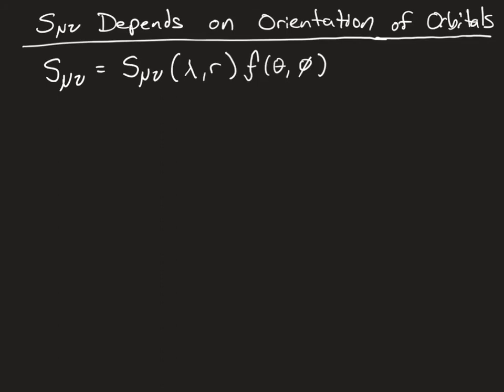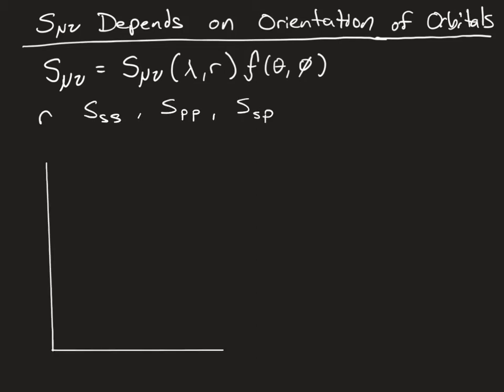So first, we're going to look at the dependence of R given equivalent values of our angular parameter on the overlap of two s orbitals, two p orbitals, and an s and a p orbital. So we're going to look at the magnitude of S